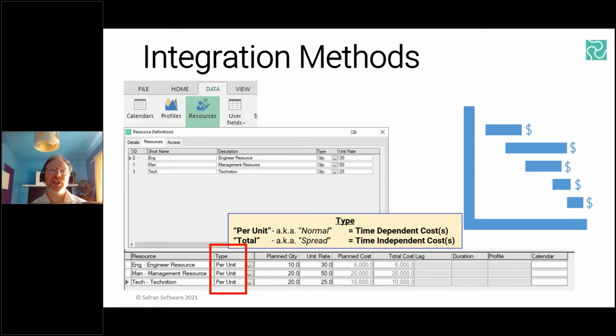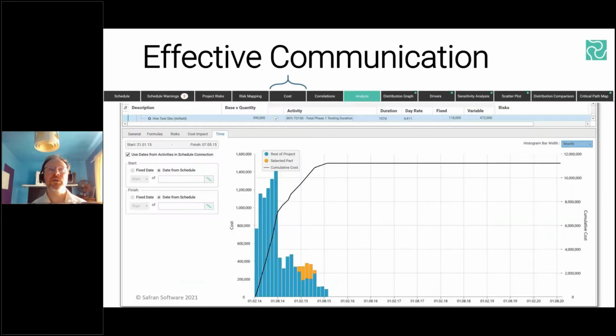So I'm now going to share a simple example from a fictional project that needs to test fly its manufactured drones on a disused airfield. So you can see here that the hiring of the test site is just a single lump sum base price of £590,000. But what we've then done is linked it to the hammock of the testing phase and then said that 20% of the cost is actually fixed and it's time independent, and that's not going to change in this particular example. So this leaves us with 80% of the costs being time dependent,